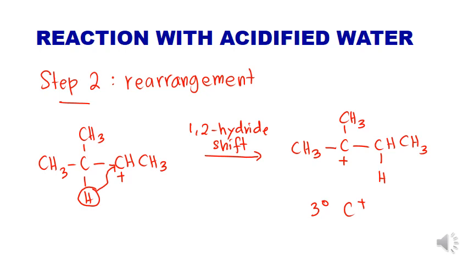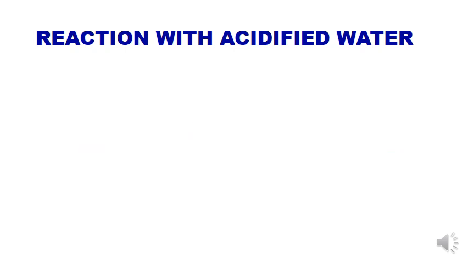So by comparing the carbocations formed from the first step and the second step, we have formed the secondary carbocation and the tertiary carbocation. We know that the tertiary carbocation is more stable than the secondary carbocation. So for the next step, we will proceed with a mechanism that involves only the stable carbocation, which is the tertiary carbocation. So now we proceed to the next step of the reaction, which is step number 3,